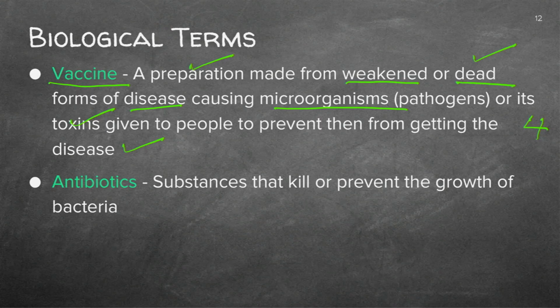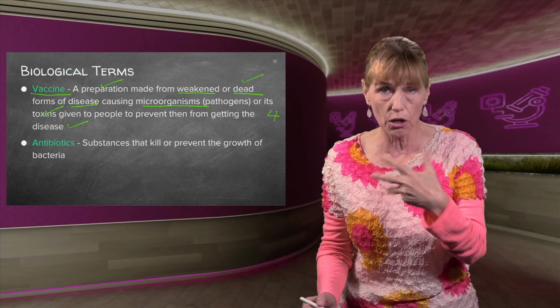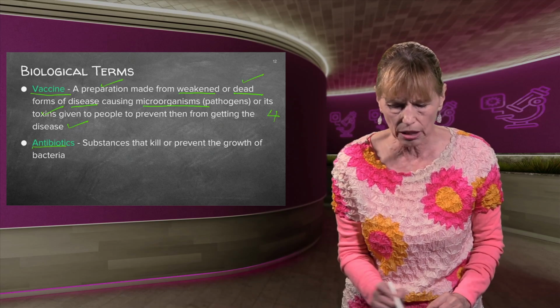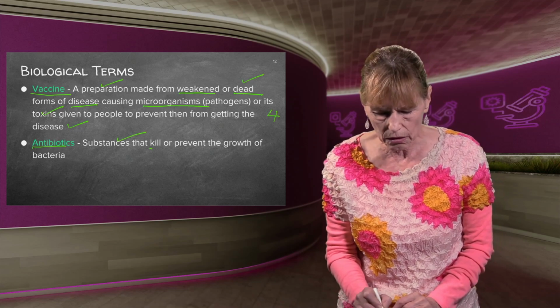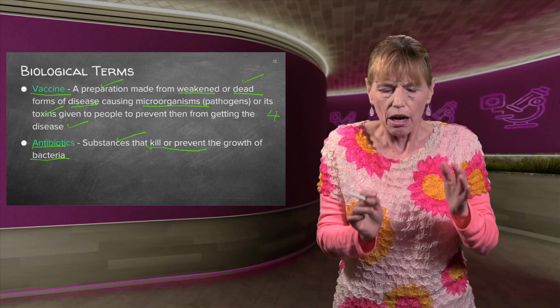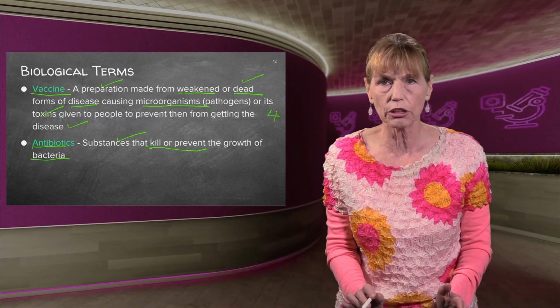What I suggest you do is write literally the sentence down, learn it like a parrot, and then go through the terms so that you understand the words. Afterwards, the parrot learning won't be necessary, but you understand it, because they really do ask you these specific things. Most people can learn things like a parrot, but you don't understand what you're saying. All right. Antibiotics: substances that kill or prevent the growth of bacteria. All right. So go through the different biological terms.